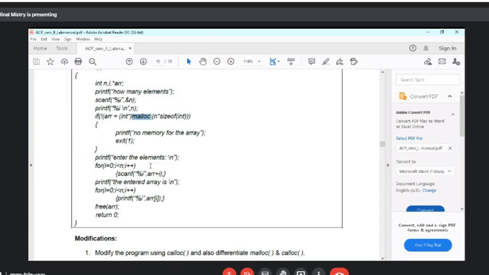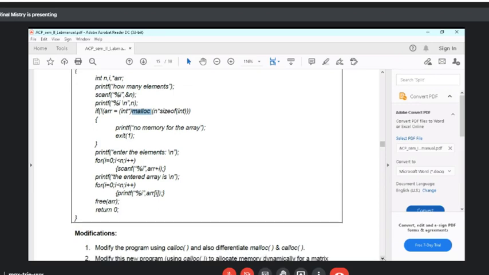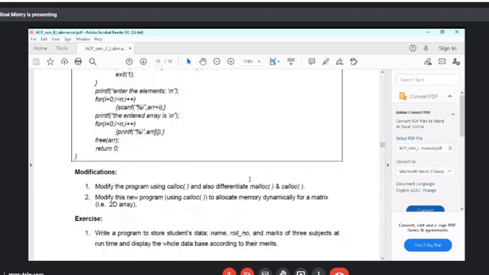Same way, printf enter the elements and scanf, all these functions will not be affected by the calloc function or the malloc function, right? Malloc and calloc are just used for allocating the memory, and once this successful allocation takes place, 5 elements will be scanned, and those 5 elements will be printed on the output screen, right? So the point of difference, as we discussed, you can write for both these functions, malloc and calloc.